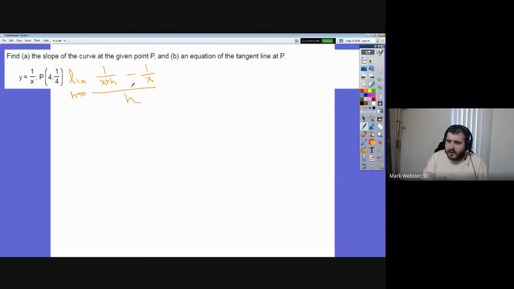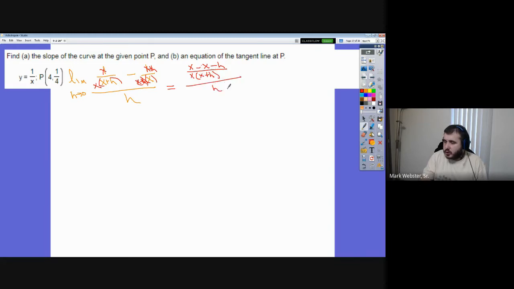And now we're just going to simplify the fraction, right? We're going to get a common denominator here. And I'll tell you, don't distribute anything in situations like this until you have to. We're going to put an x down here, up here. We're going to put an x plus h down here, up here. And then we're going to rewrite it. So we get x minus this thing, minus x minus h, right? Over the x times x plus h part,